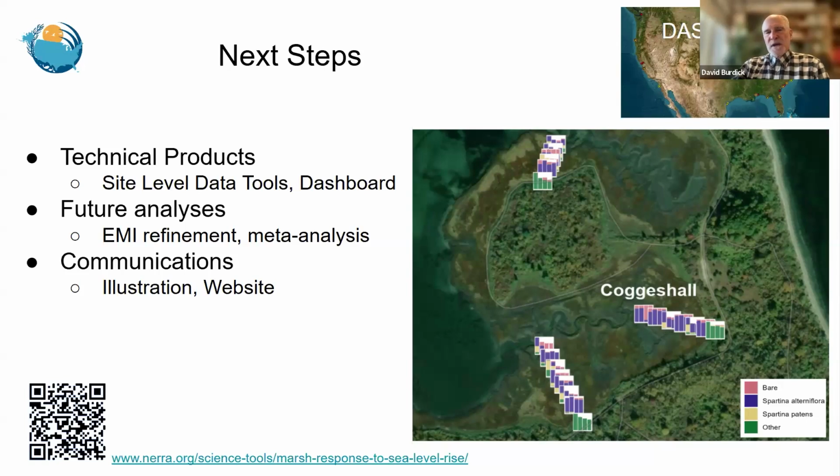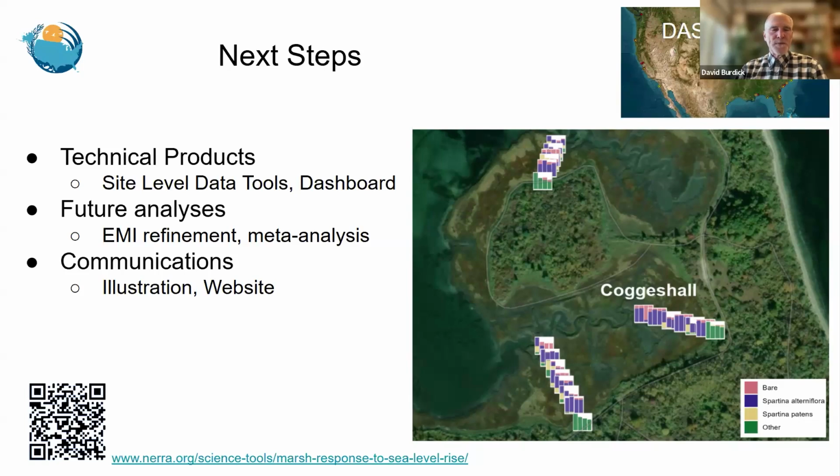In the future, we want to work with different NERRs to refine the EMI where there may be opportunities to improve it, and also do meta-analysis, so we can look at the individual analyses for the nation, see how they're doing and how they can be combined, sort of like those slope regressions that